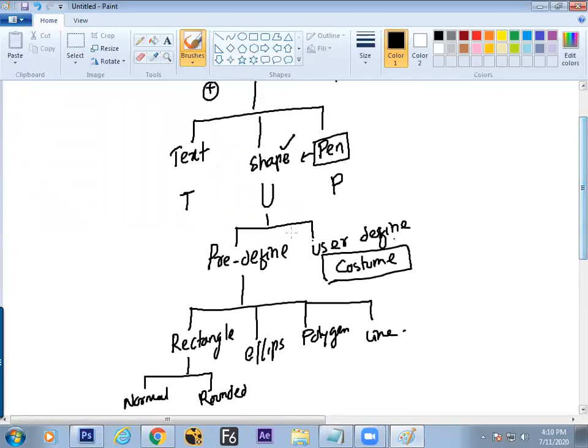Now, to understand the shape, the unique feature of the shape is technical. The shape has three parts. One, it has an option called solid.